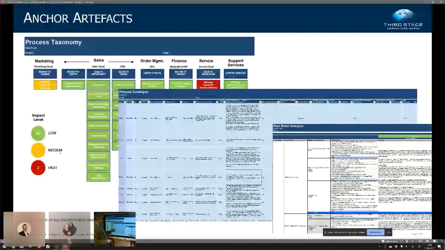And the wheat is the ambers and the reds. These are the ones where you want to go into increasingly low levels of detail to describe how does it work? How do you want it to work in the future? What are the pain points? What are the data flows? What data is used? Because those are the ones that add value to the customer. They have complexity in your business, or they're costly to run and support.